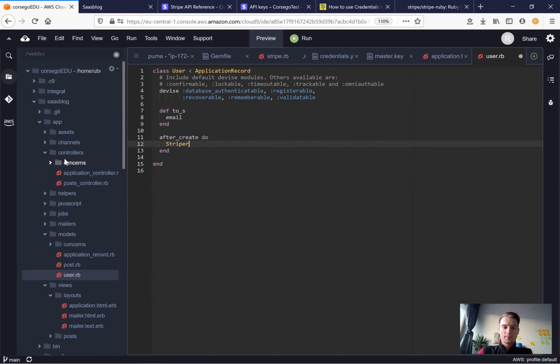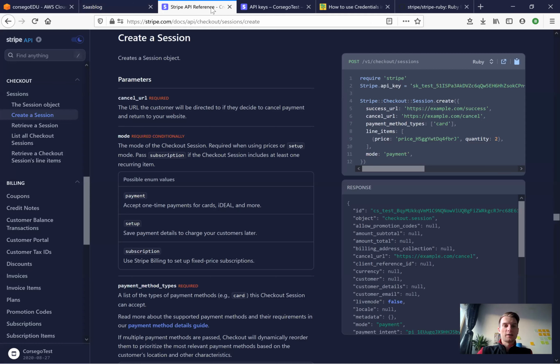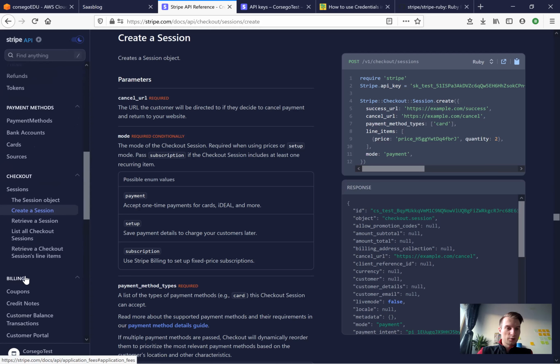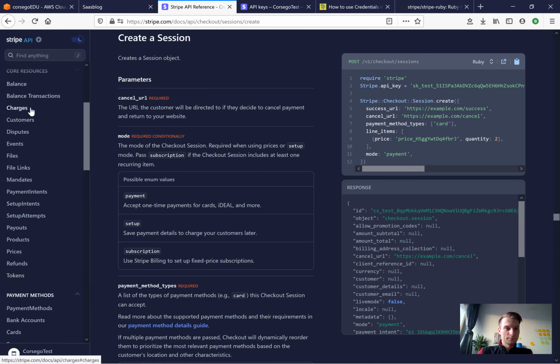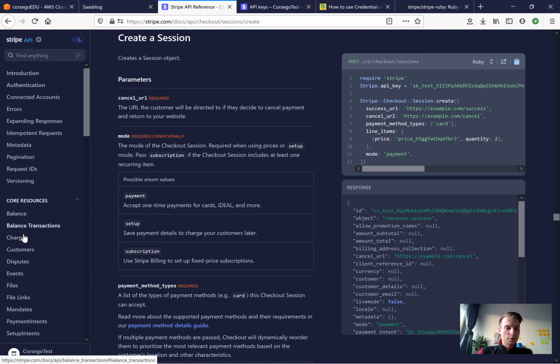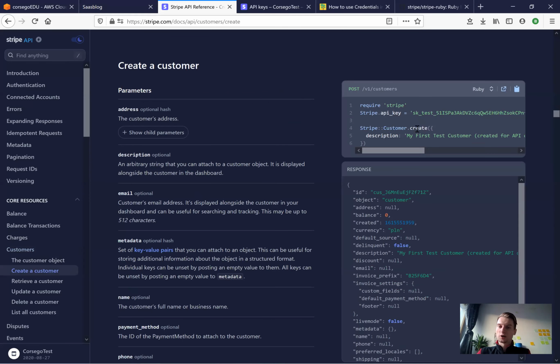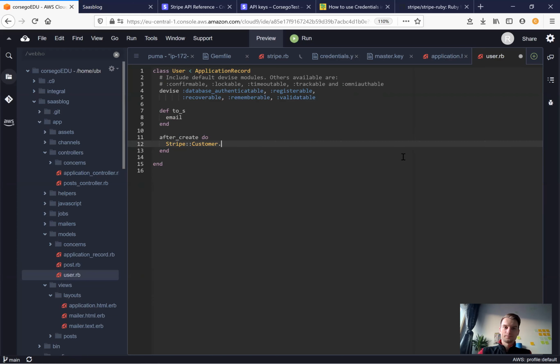So Stripe customer dot I think create. We can check in the API documentation. Let's say search for customers. Where are the customers? Here they are. So I will say create a customer, Stripe customer dot create, and I will say email equals self dot email,